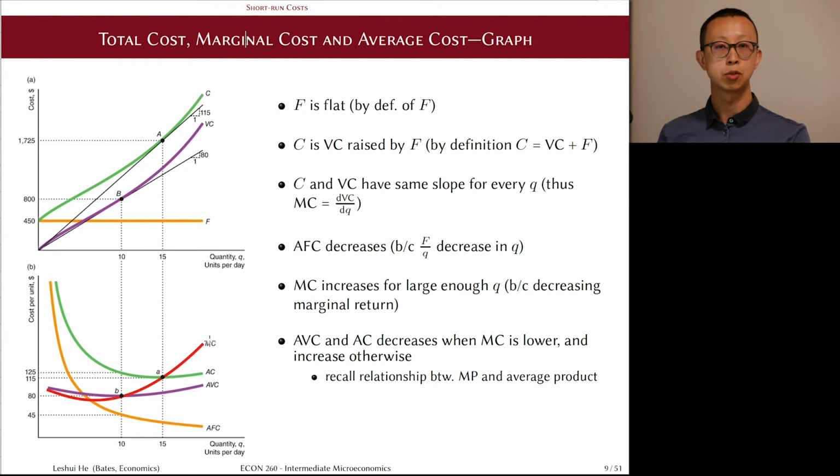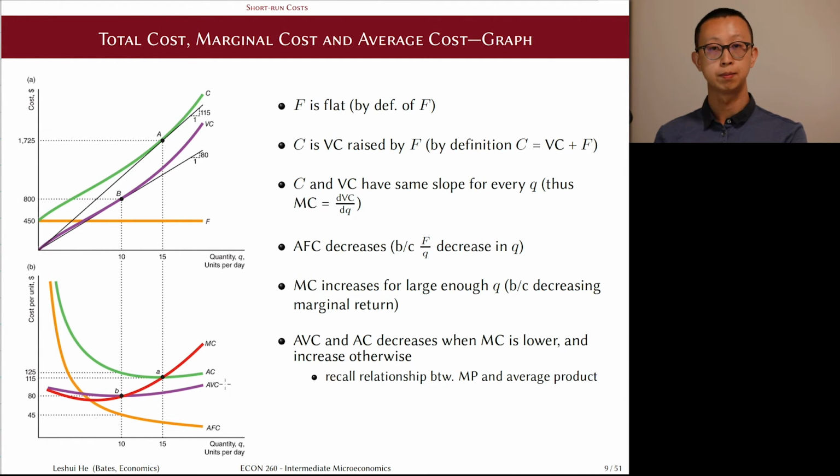But unlike the marginal product and the average product case that we discussed previously, the marginal cost is lower than the average variable cost when Q is low. So the average variable cost curve dips down initially and then reaches this trough when they're equal to each other at this point, instead of a peak in the marginal product case. After the trough at point B, the marginal cost gets higher and higher,